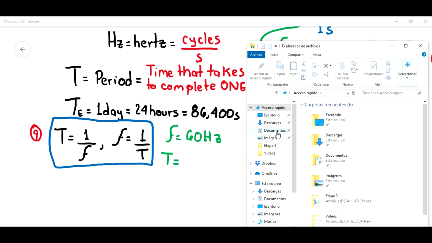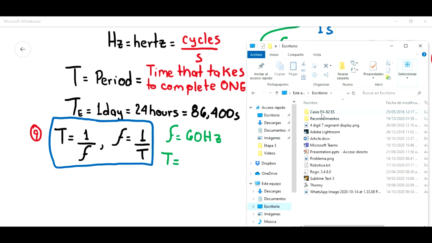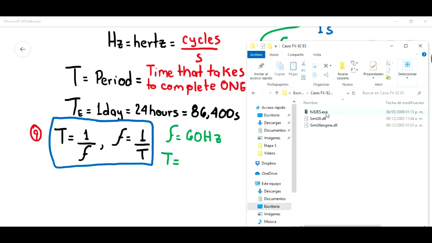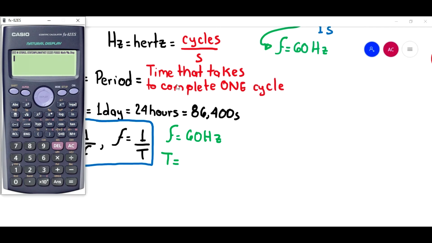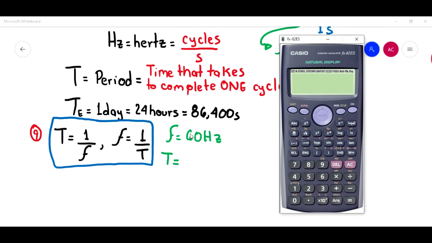Okay, so let me open my calculator that is over here. This one. So what is the time, the period? It is the time that it takes to complete one cycle. So it's going to be 1 over 60. I can use this 60, and I can use this key that is going to be raised to -1, using the law of the exponents. That will mean that it's going to be 1 over 60. So I'm going to press equal,